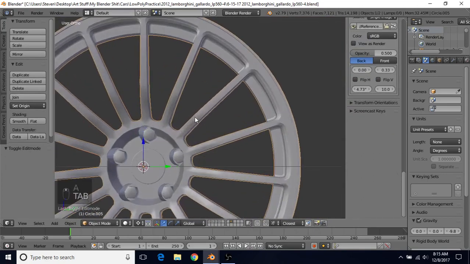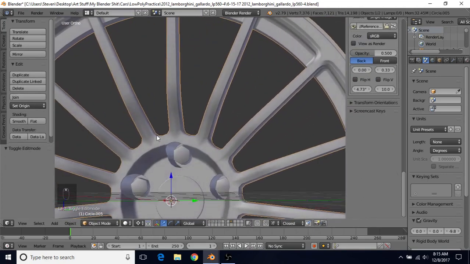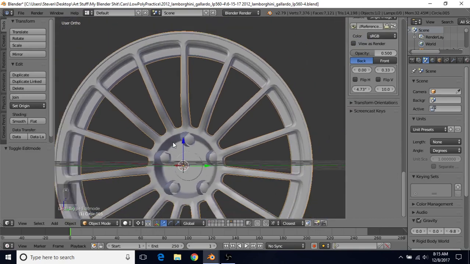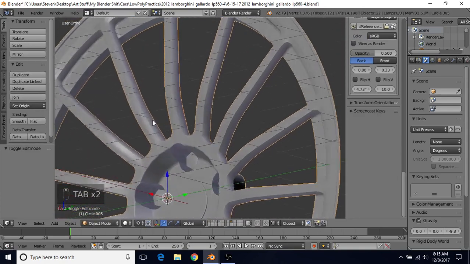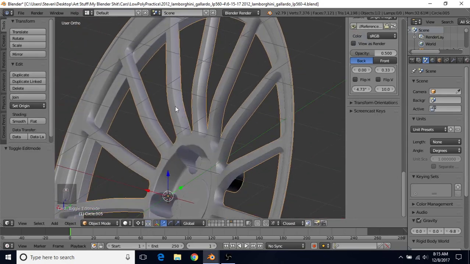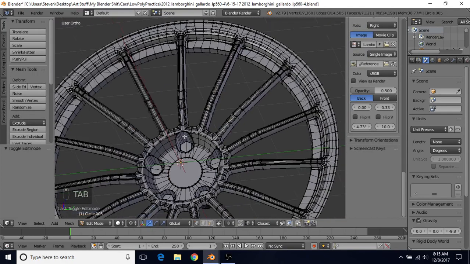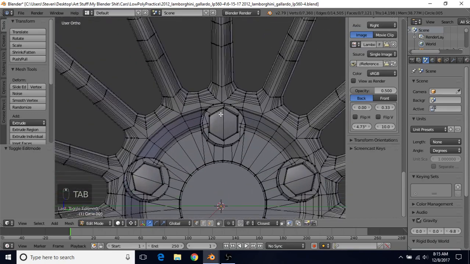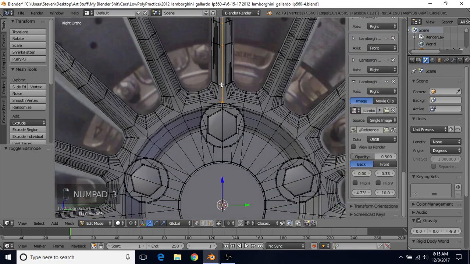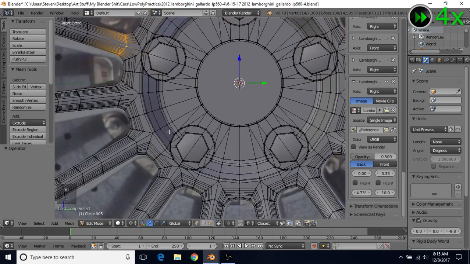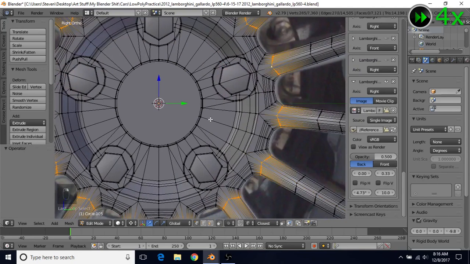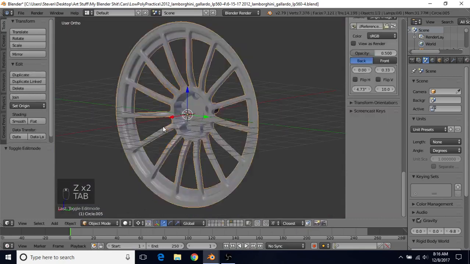So while we're at it, I did notice we have like this shading here, which is kind of a problem. And that's really just because we pulled all this stuff back and now this is at an angle. And it's giving us problems here. So what you can do is Alt right click on these loops here. Go through and get all of them. And then once you have all of them,